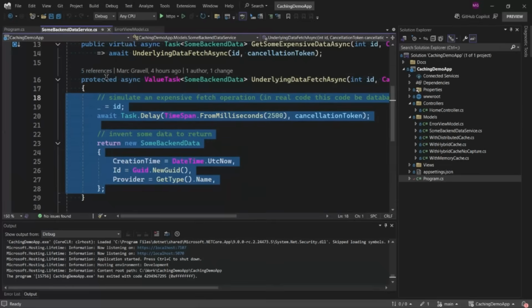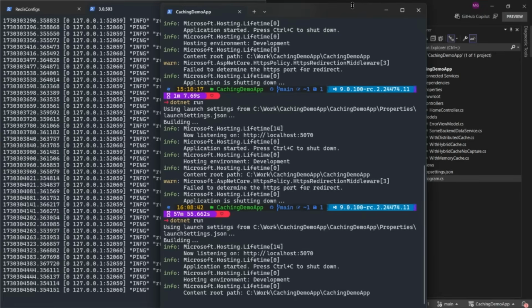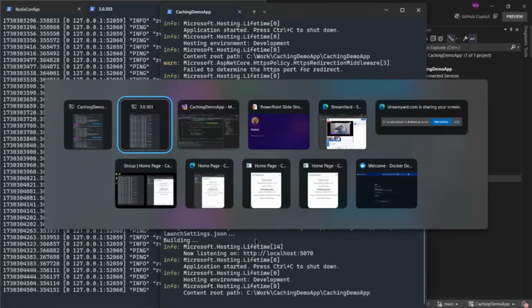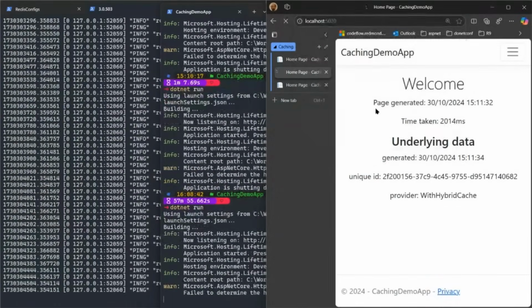In the real world, we could be talking down to a SQL database or to some large language model, HTTP, gRPC, some expensive resource. Whenever we're talking about caching, we're usually talking about some expensive resource. So I've got a simulated data query that's expensive. So I've started the application, and now if I switch over to a browser for this web application and just